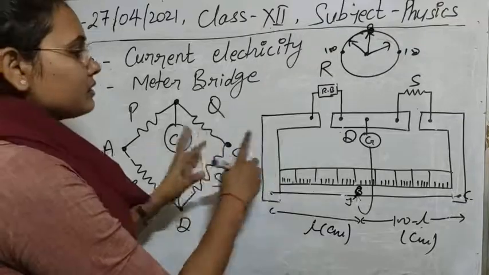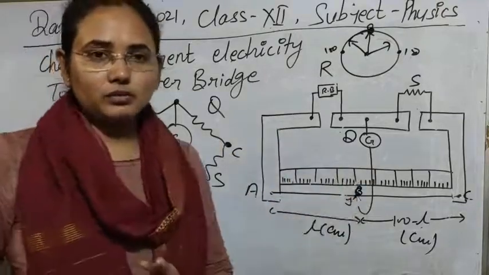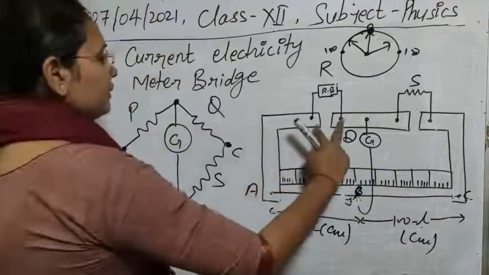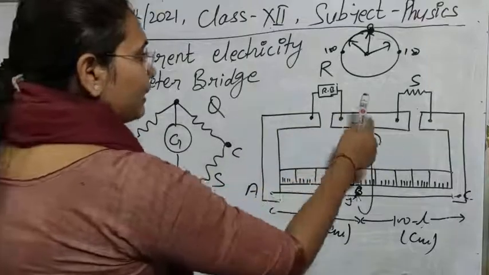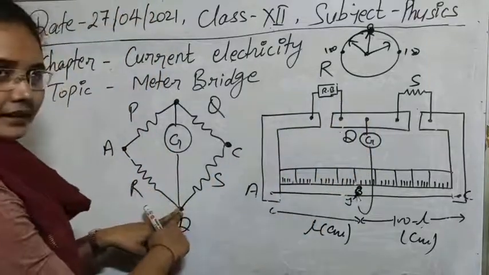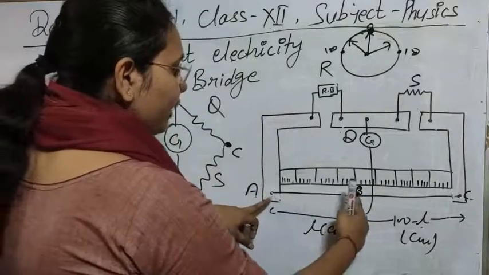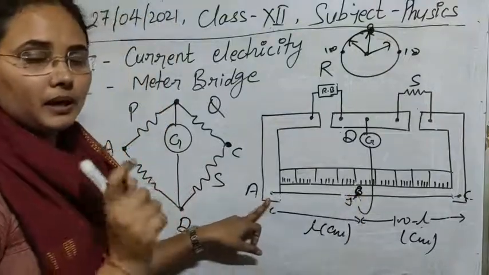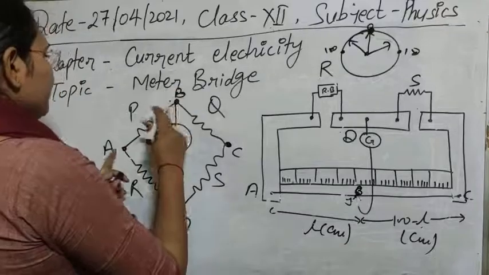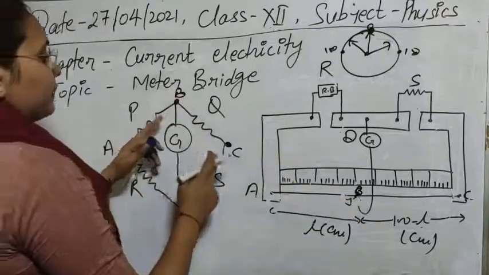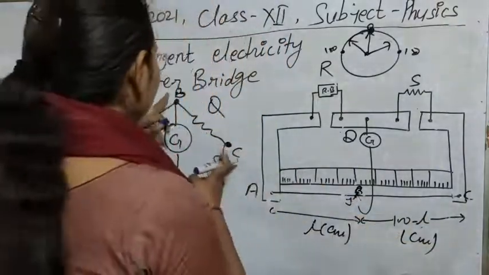Now let's see how this circuit is our Wheatstone bridge. Practically you are seeing this is just like the Wheatstone bridge. The two I have told you already, we are connecting in this way, and these two are interconnected at point D. Next, if you see point A and point B, in between them for L length we have the resistance P. And in between B and C, obviously 100 minus L will also provide a resistance. So this is our resistance Q.